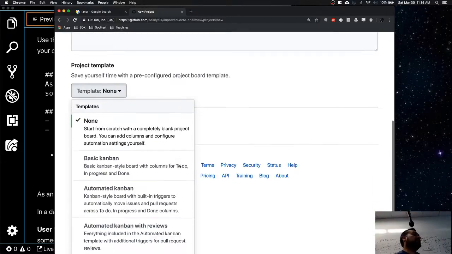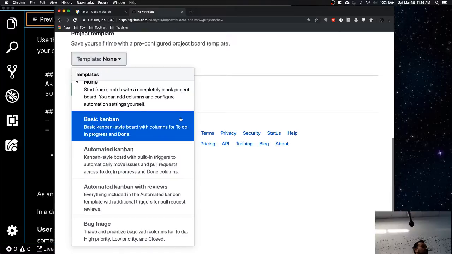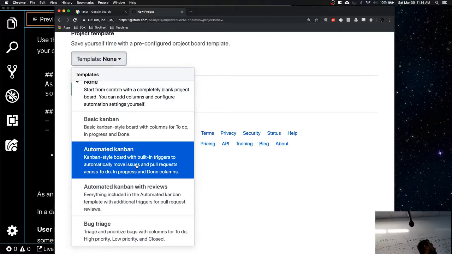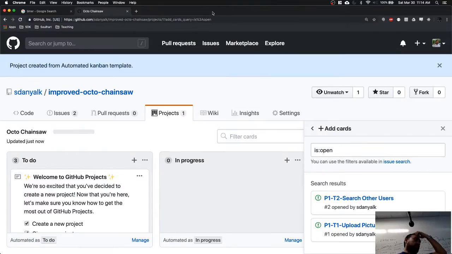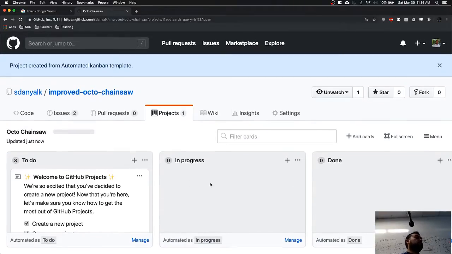Okay, now in your template, we are working on Kanban, so you're going to select automated Kanban. It's going to create a nice board that I just showed you over here. So go ahead and create an automated Kanban board, and then it shows up all these columns over here. Now you can use the to-do column. It's the same as the backlog,